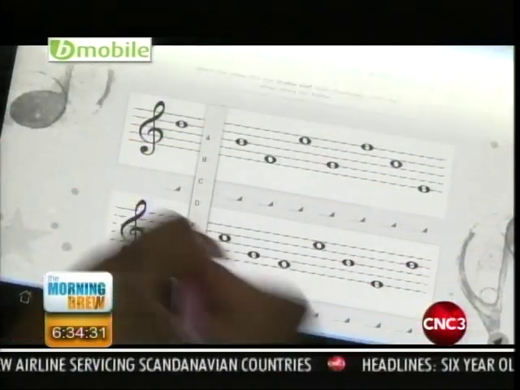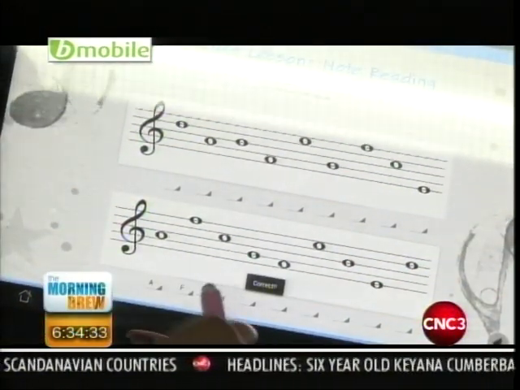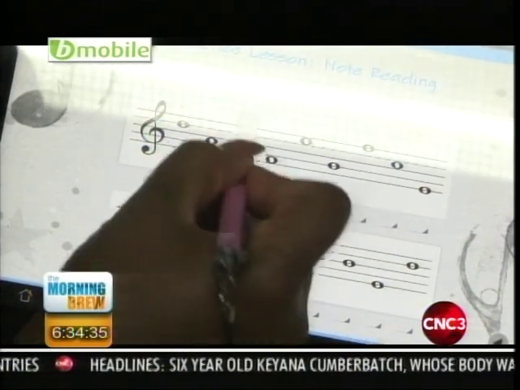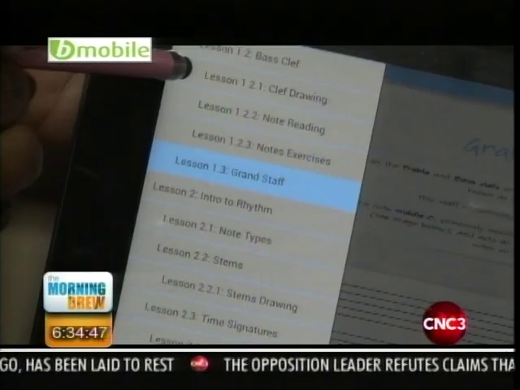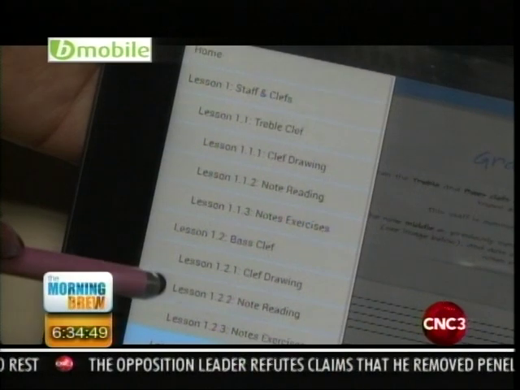Tell me a little bit about your app that you won with. Okay. Well, the app that we created was a music theory application. We entitled it Music Tutor. And it is supposed to allow primary school students to learn music theory in a more interactive and fun way. We did not do all the lessons, but we tried to align it to the CSEC syllabus, in keeping with the continuous assessment, with them introducing music into the continuous assessment. So that was really the main focus.